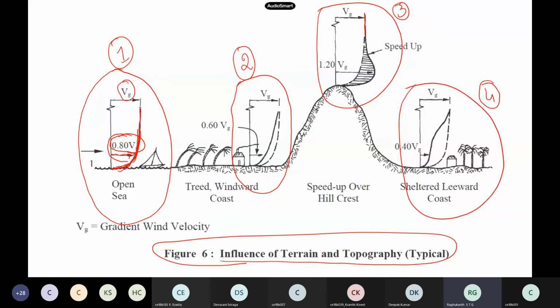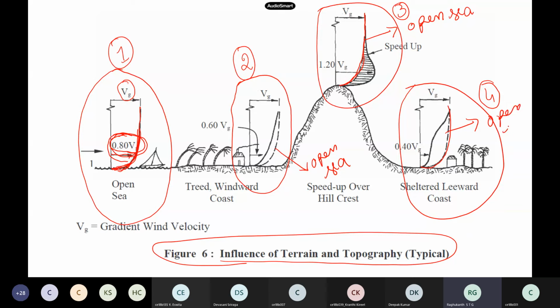Now this is our boundary layer. What is the value here? Approximately, as shown at this depth, it is 0.8 times Vg. Now what is the velocity for this second one? This dotted line is the same as this one, the open sea. You follow, right? The dotted lines, whether it has increased or decreased. Whatever is plotted as the dotted line is our open sea, and we are comparing with that one.